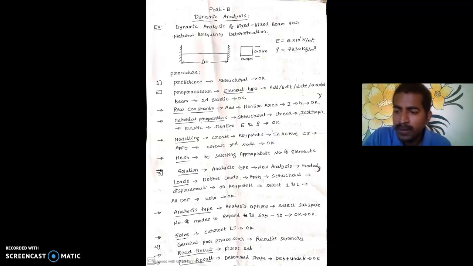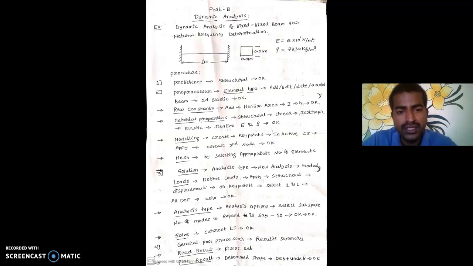From these data we need to find out the area as well as the moment of inertia in order to proceed with this natural frequency determination. So how to find the area? Don't consider the length here when you are finding the area, because we are determining a cross sectional area. The beam is rectangular in nature, hence you need to multiply 0.01 into 0.01, so that you will get the cross sectional area.